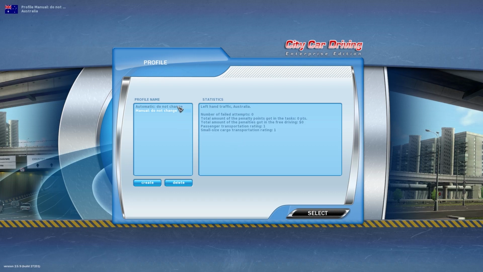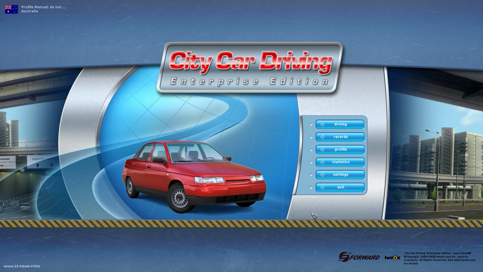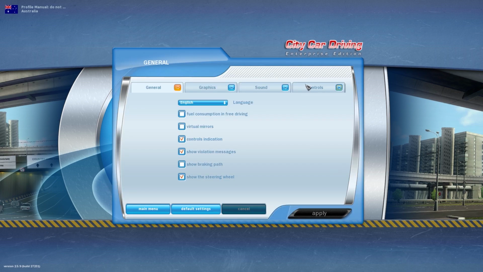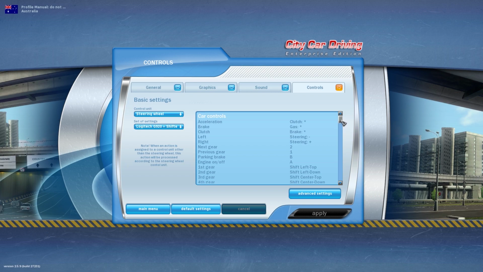When we set up a new simulator, we set up a user profile for an automatic driver and another user profile for a manual driver, and we call these master versions "automatic do not change" and "manual do not change." These master profiles have all the steering wheel buttons assigned to various driving tasks and then the remaining functions assigned